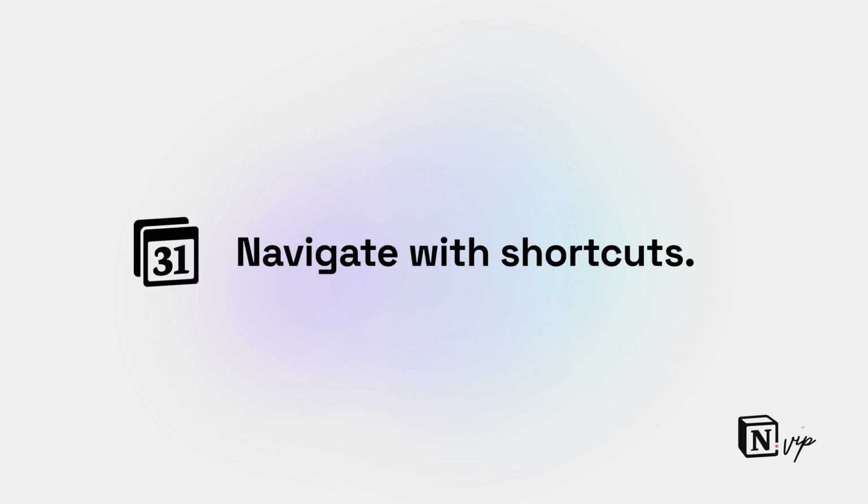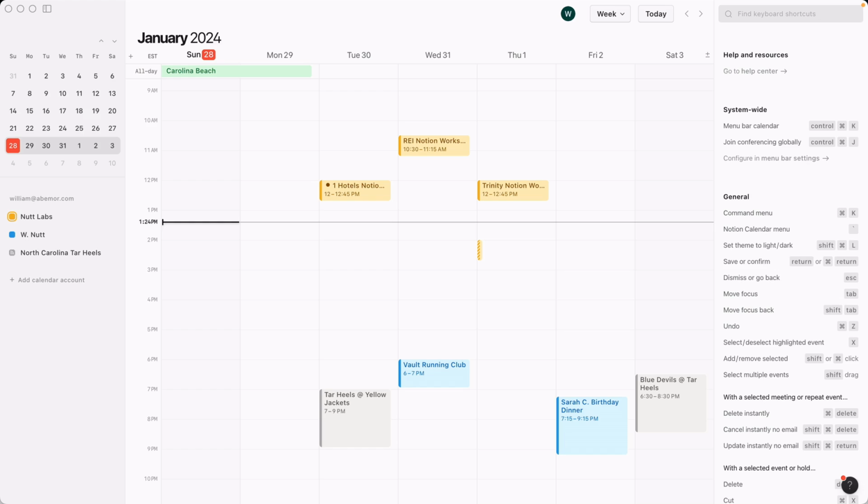So I've mentioned a few keyboard shortcuts for accessing features in Notion Calendar. There's a shortcut for pretty much every common action, and the more you use them, the more efficiently you'll manage your calendar to free up time for higher impact work. You can see all shortcuts by typing a question mark, but a few less obvious ones that I use frequently